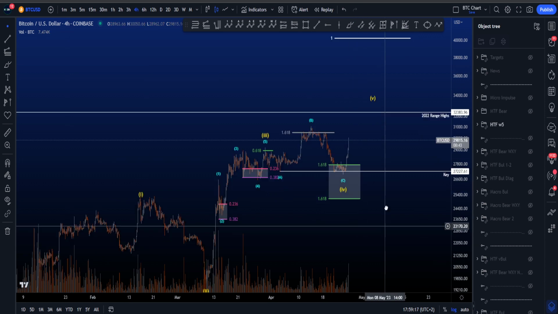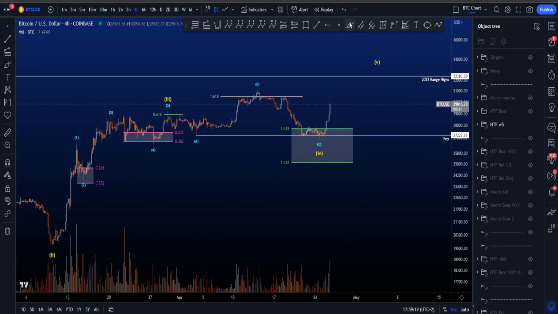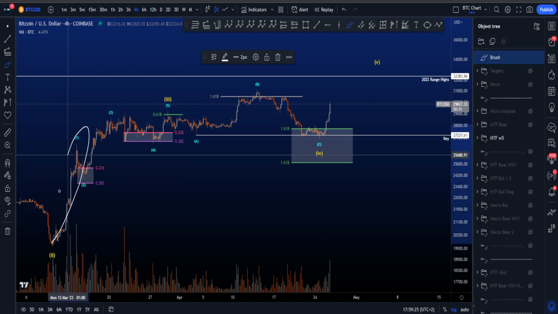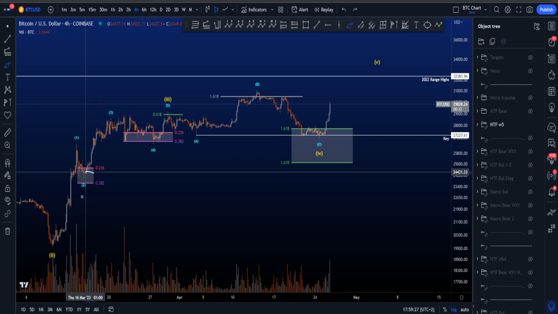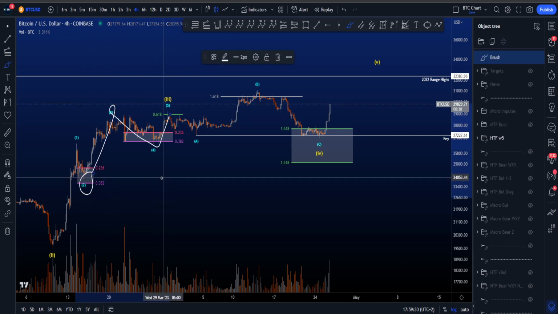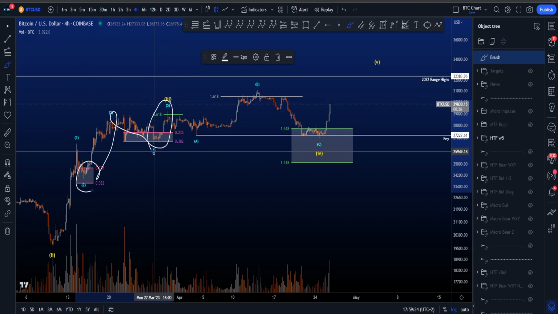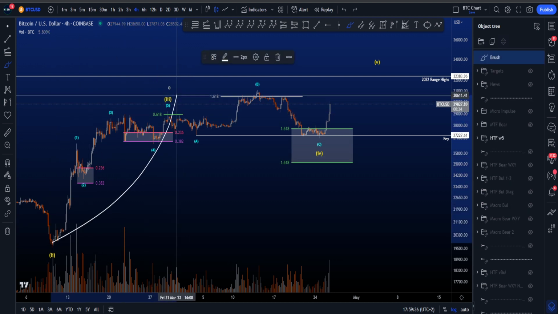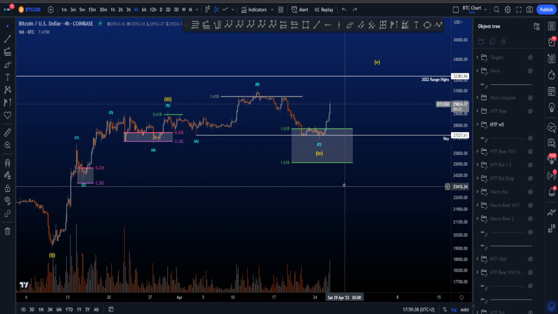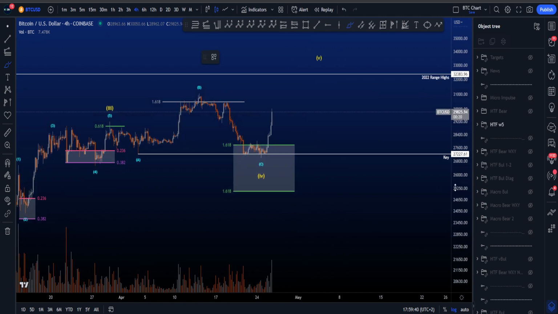Now, if we look into this scenario and we look at wave 3 and wave 4, at what has happened, we look at wave 3 with an extended wave 1 over here, which therefore means the targets for wave 2, 3, 4, and 5 change, but all the most common targets, I should say, have been hit, so this is a very valid structure over here. Followed then by an expanding flat in a wave 4.